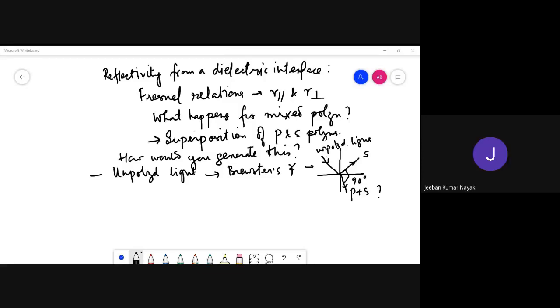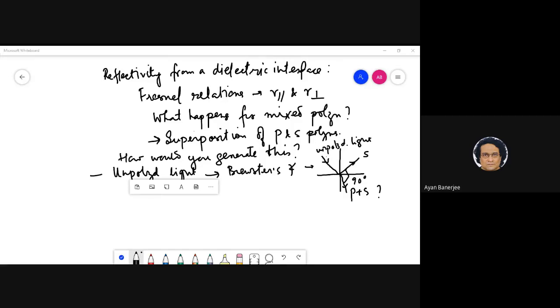But sir, if I have unpolarized light, it's basically an equal mixture of X and Y, or S and P, but it's random. Yes, exactly, because the degree of polarization will be zero. In the transmitted case also, you can write that it is a linear mixture of S and P, but the degree of polarization will be zero. So you cannot say that it is polarized.